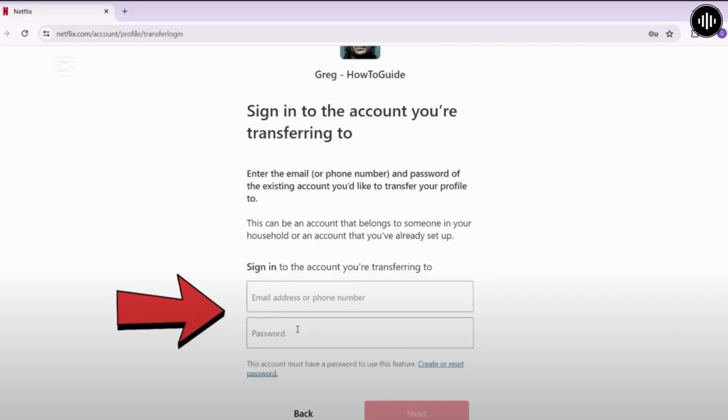Alright, from this option you'll have to just sign into the account you are transferring to. So from here enter the email address or phone number and enter the correct password, and after you enter that, click on the next option, and after you confirm it, you'll be able to easily transfer